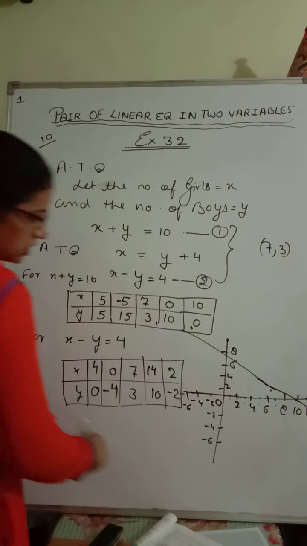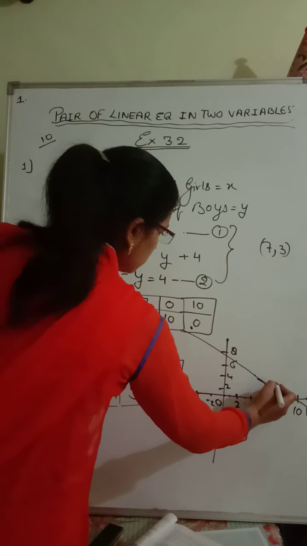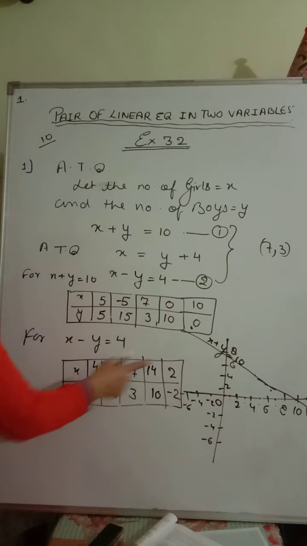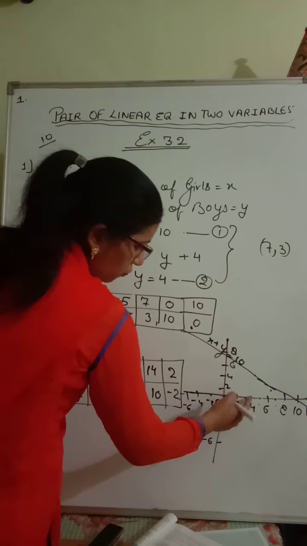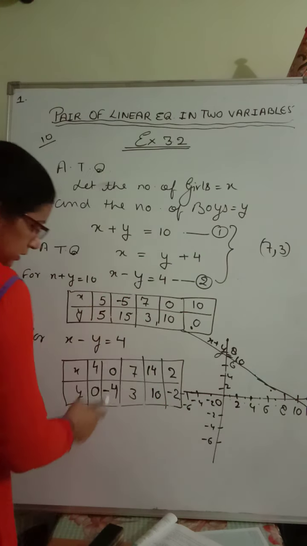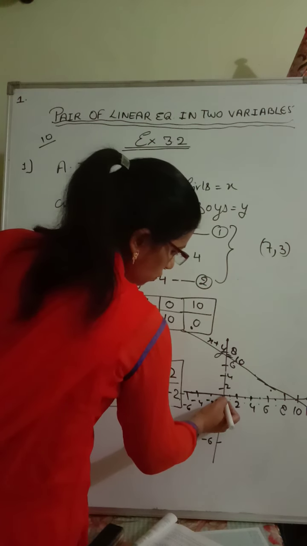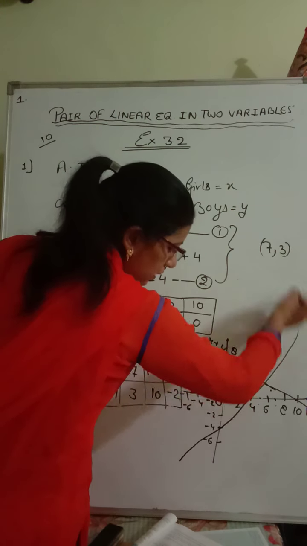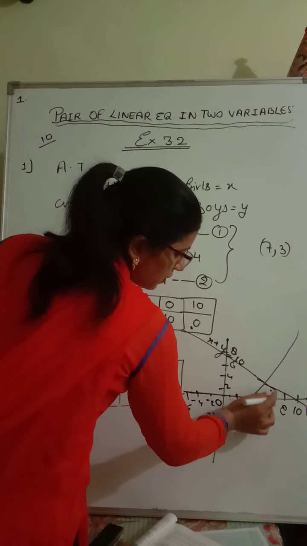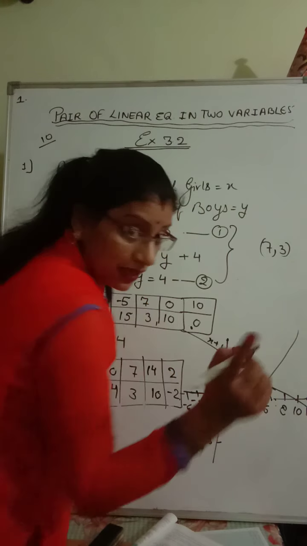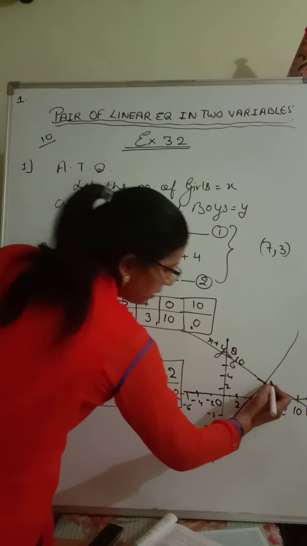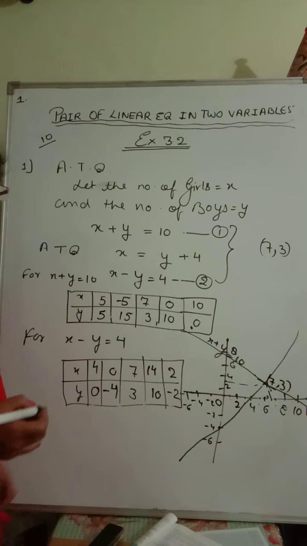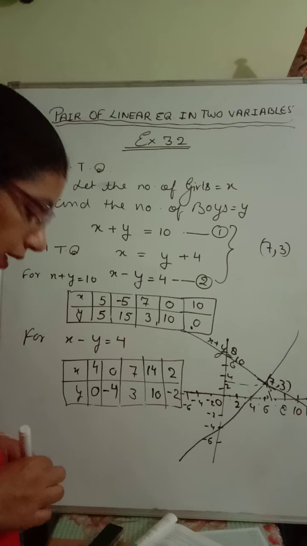For the second, 4, 0, this you will write. This is the first equation, x plus y is equal to 10. And this first straight line, 4, 0, and 0, minus 4: x is 0, y is minus 4. The graph will come like this. So from the 2 points only we can come to know. This will intersect somewhere there. Exactly, if you are drawing the graph, here 7 will come and here 3 will come. So this will intersect at 7, 3. Like this your first question will be done.